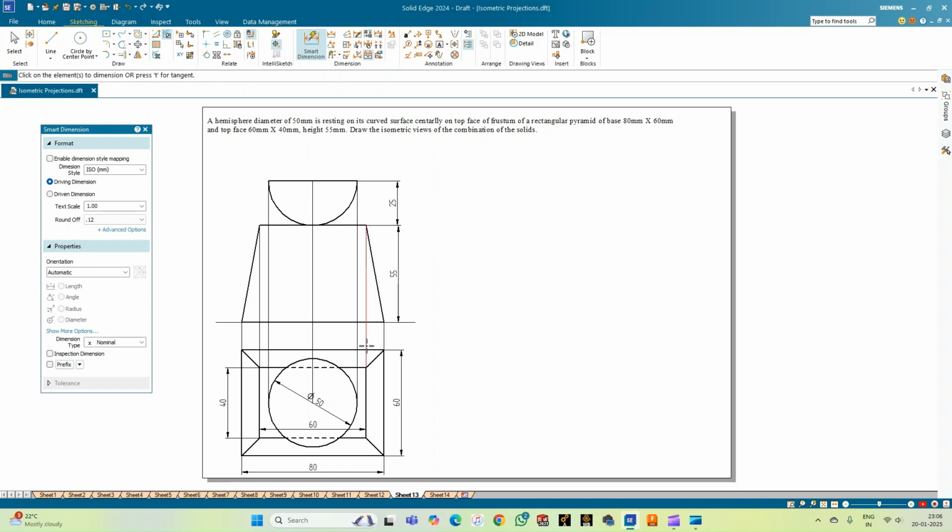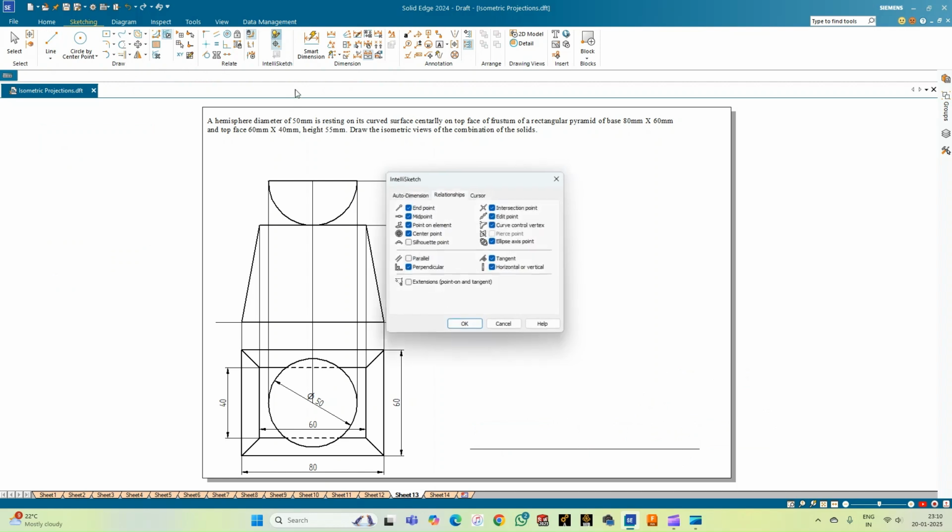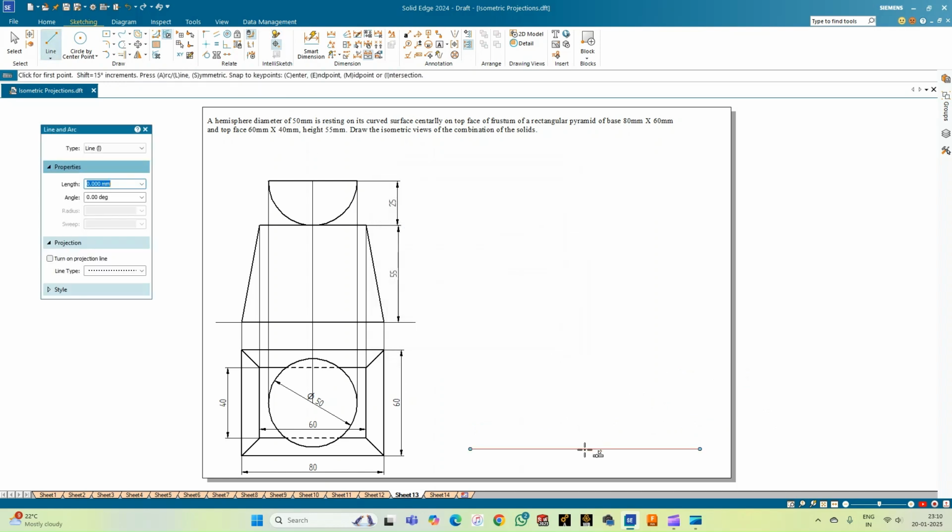So with this, we have completed the construction of the orthographic projection of the combination of the solids, that is the hemisphere resting centrally on the top face of the frustum of a rectangular pyramid. So now we need to replicate the same on the isometric sheet. So now let me select a line option. Let me just keep the midpoint off, and from any arbitrary point, let me start constructing the bottom face